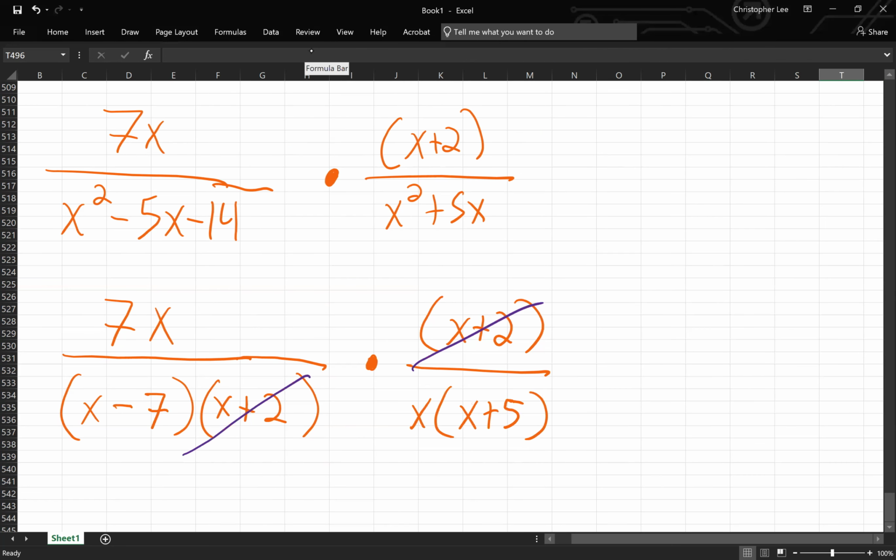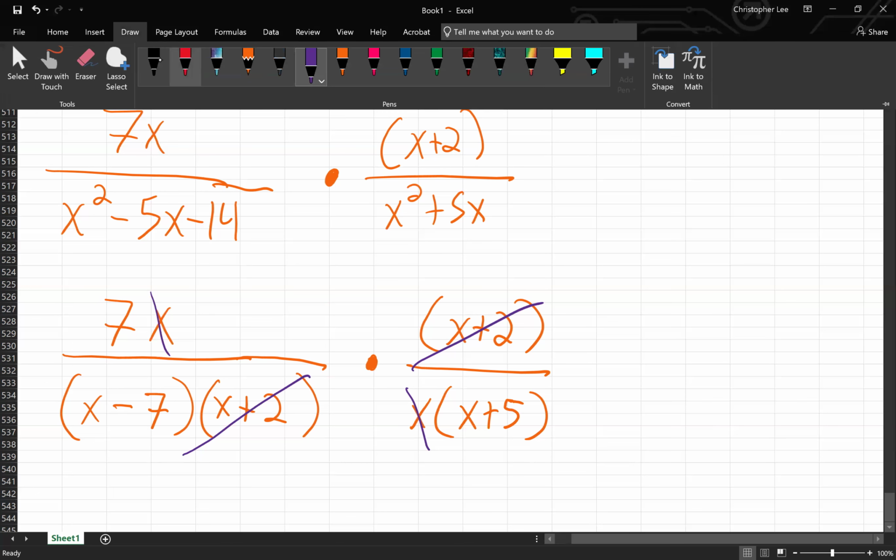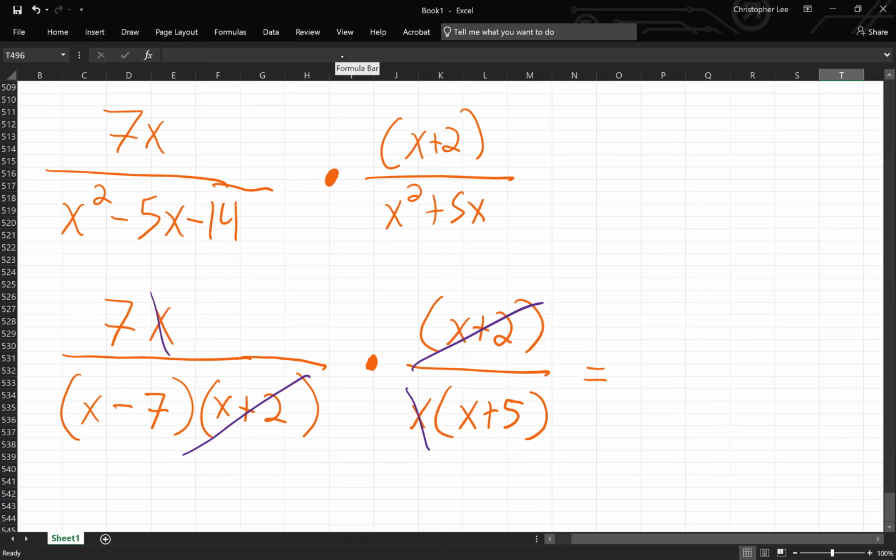What else do I have? X and x, right? So I'm going to cross out this x and cross out this x, right? So now what am I left with as my final answer? Perfect. x minus 7 over x plus 5. That's perfect. That's it,